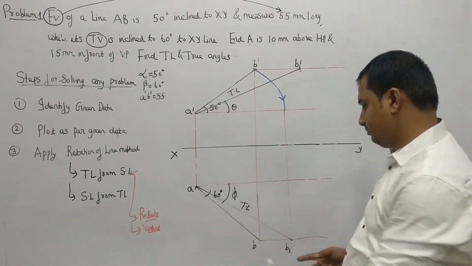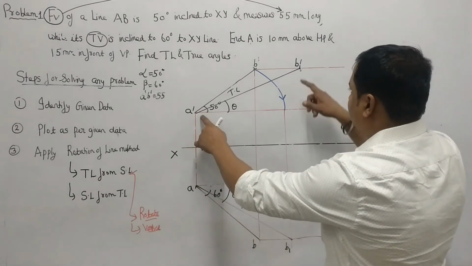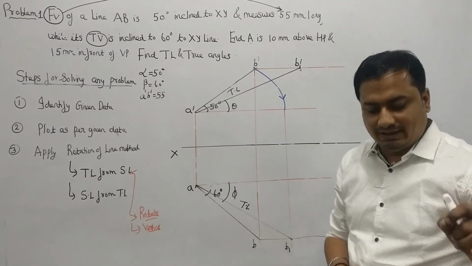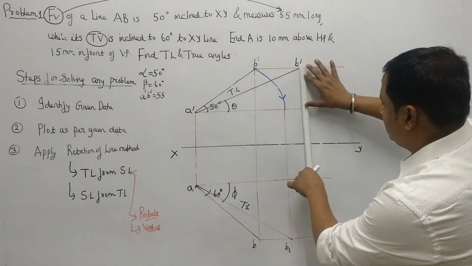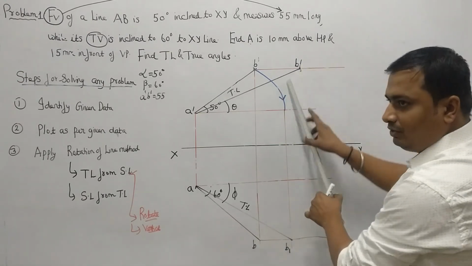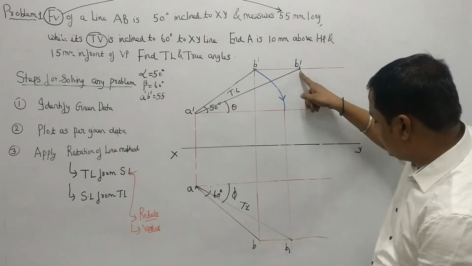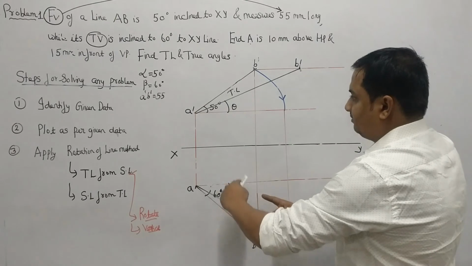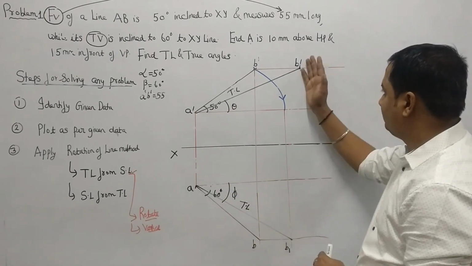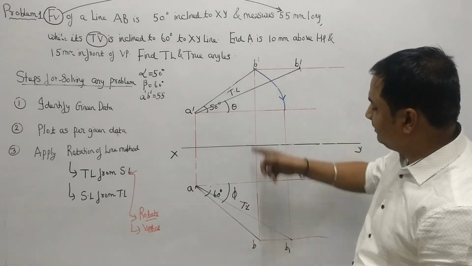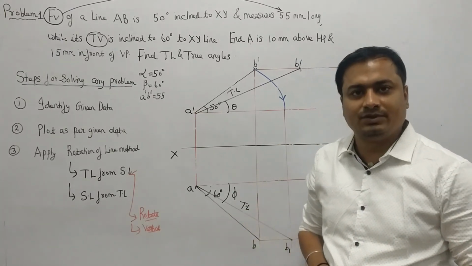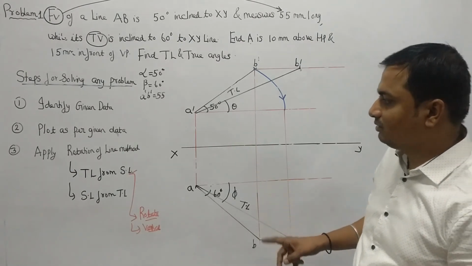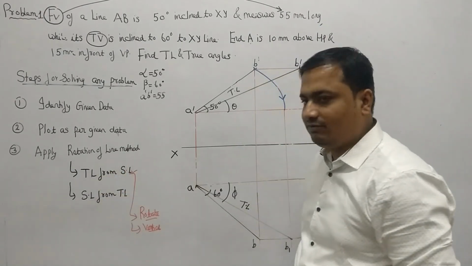So what I have done is measure the true length from the top view and cut on the locus of B dash. Never think that this B1 dash and this B1 are going to lie on the same line. Don't use this concept. This B1 dash and B1 are never going to lie on the same line, because the length is same, both are true length, but the angles theta and phi are different. But B dash and B will always be on the same line. This we have already seen. So this is the first problem, which is based on the concept of finding the true length from the short length.